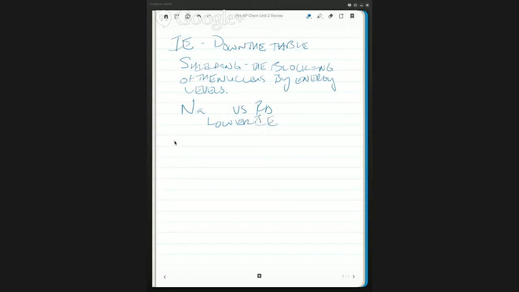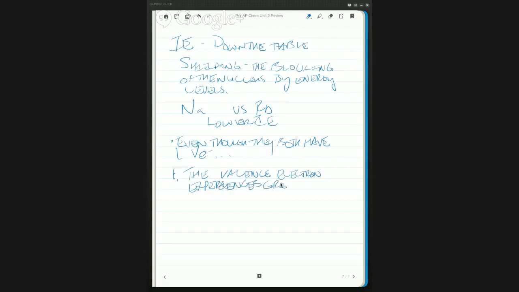Okay, so you might say, to start off with, it's a great way to start, even though they both have one valence electron, the valence electron experiences greater shielding in rubidium